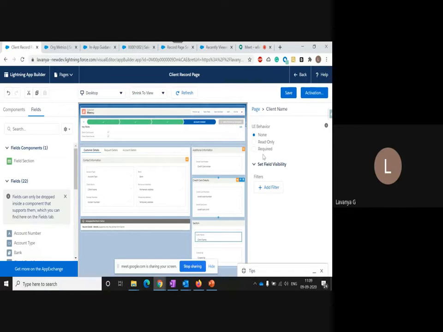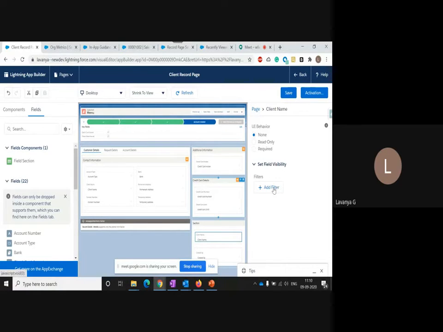This is another supported feature. In the page layout, we used to see read-only record, right? So like that, they have given the option in the Lightning page as well with dynamic form. So you can make the field read-only or record or none.